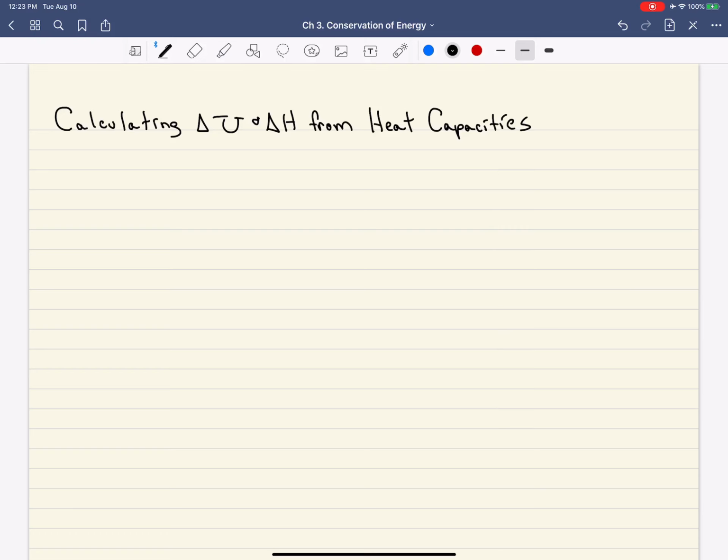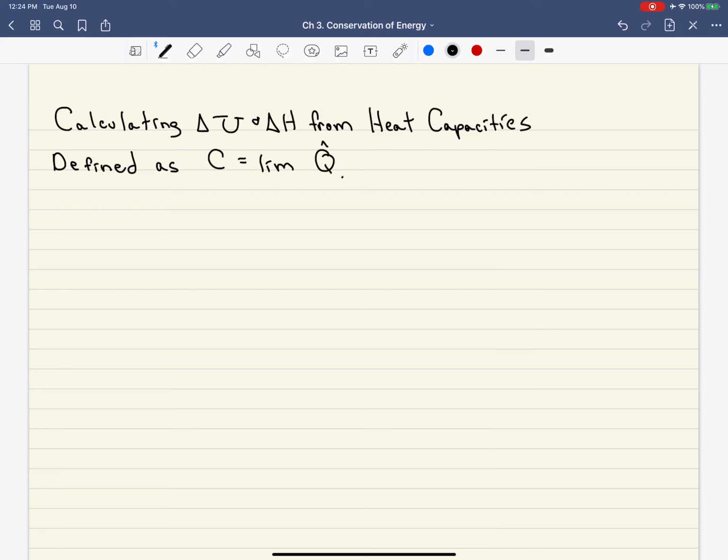In this video, we're going to review the concept of heat capacities and how we could use them to calculate changes in internal energy and changes in enthalpy. So the heat capacity is defined as, we'll abbreviate it as C, and it's defined as the ratio of a